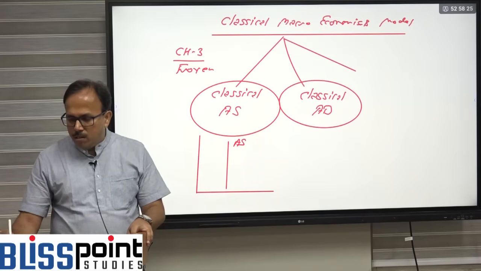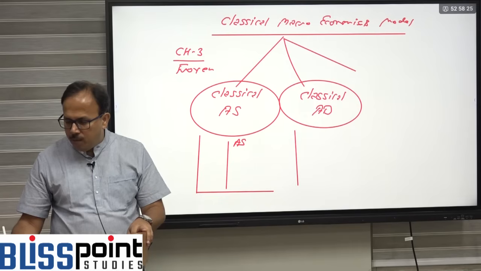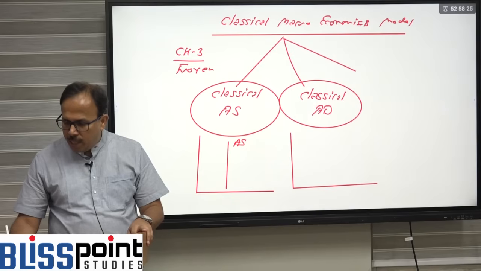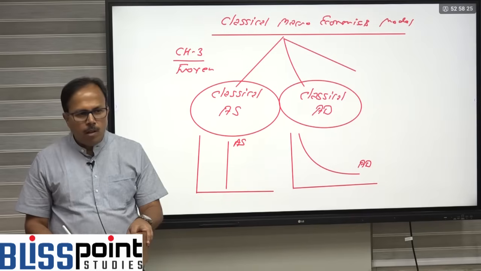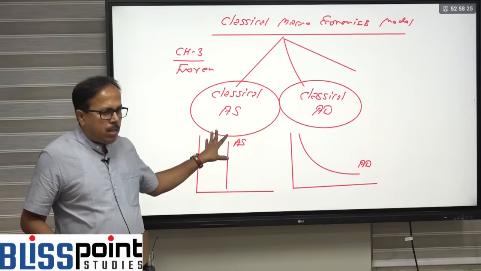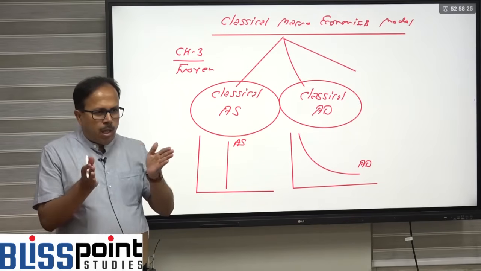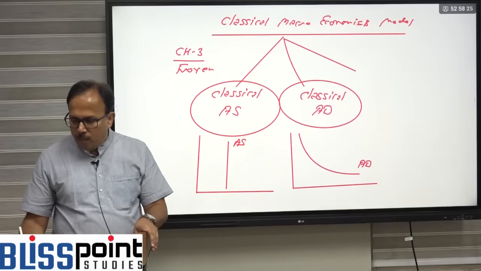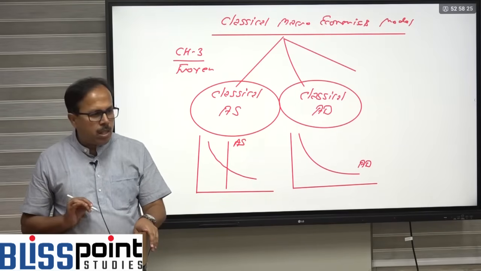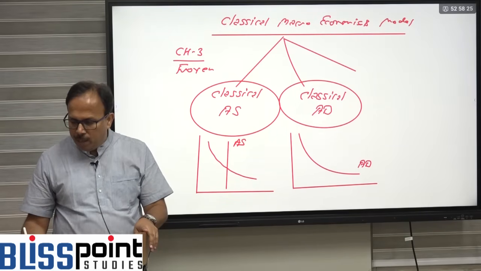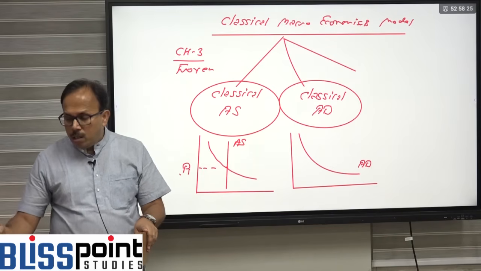First the classical aggregate supply curve, then classical aggregate demand curve. And classical aggregate demand curve, when we draw this, it will be classical AD. That classical AD will be a rectangular hyperbola shape. Why it will be rectangular hyperbola, we will explain that. So first we have to derive the AS, then we derive AD. If you combine these two, that means you get the AS and AD intersection. In that case we determine the output also as well as the price. Third tool is